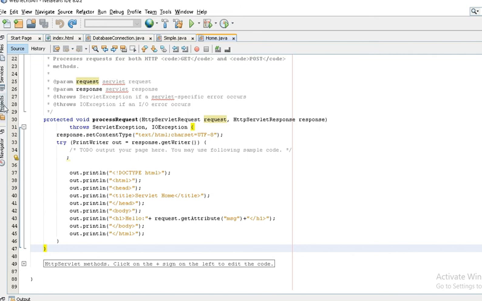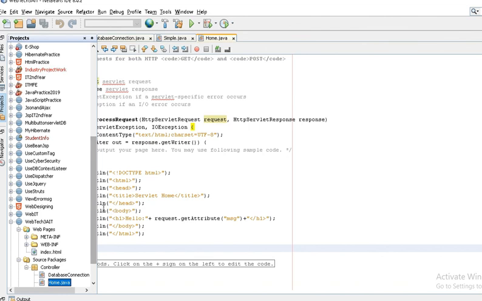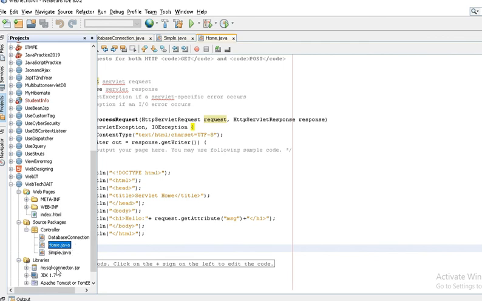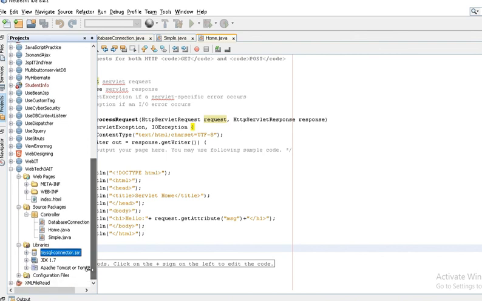Before doing it in NetBeans, you need to do some work. You need to add the MySQL connector in the library. These are some jar files, classes that will help you connect your application with the database. So before developing this application, or if you just want to connect your application with MySQL, you need to add some jar files.